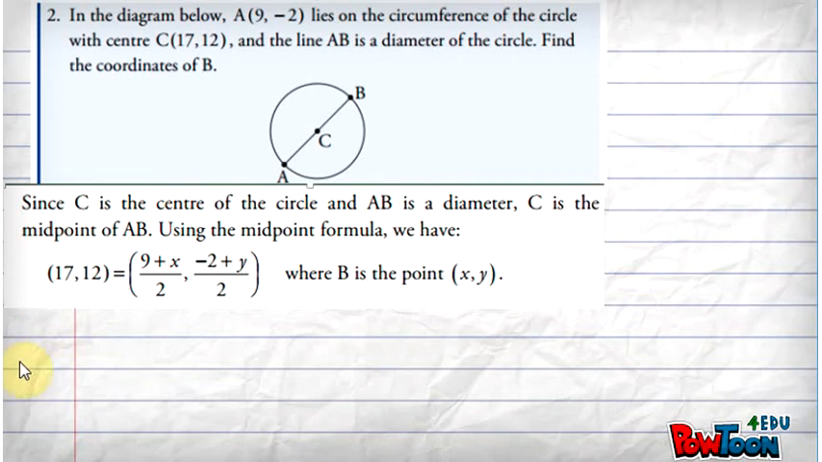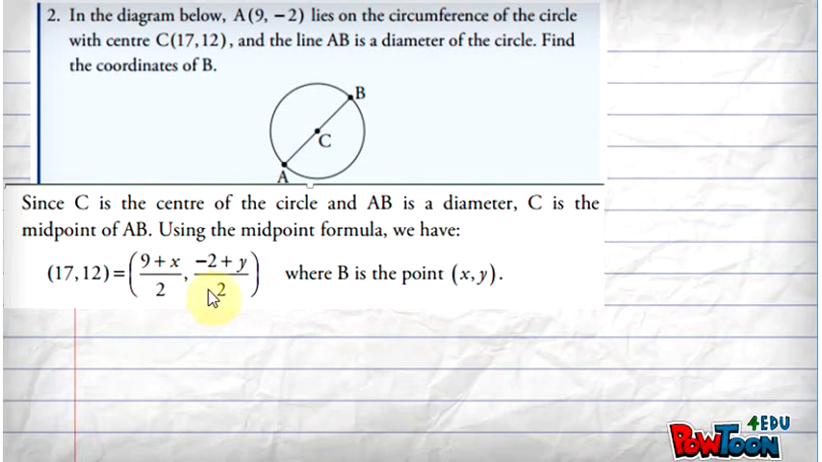So this one here, we see that C is the centre of the circle and AB is the diameter. So this time we're given the centre coordinate 17, 12. So the midpoint formula, what we do is we say the one we're looking for, B, we give that coordinates